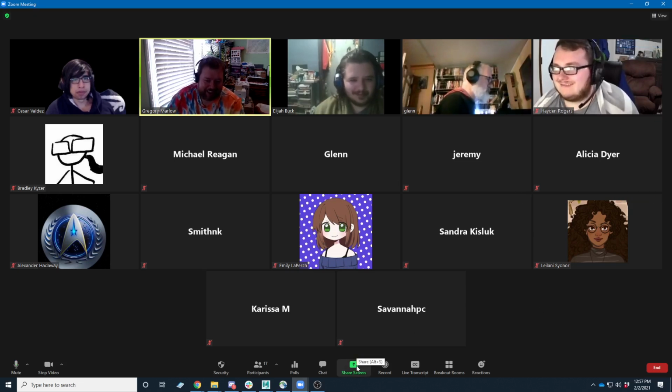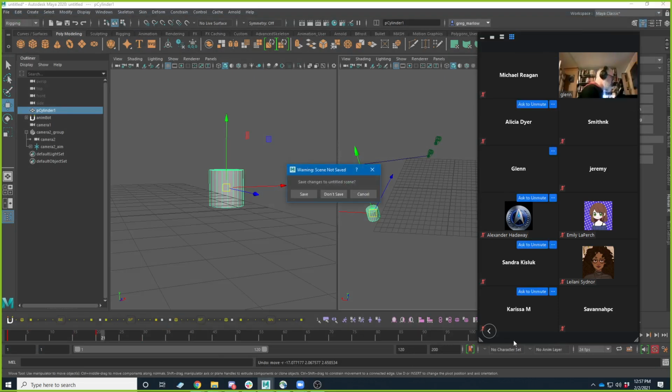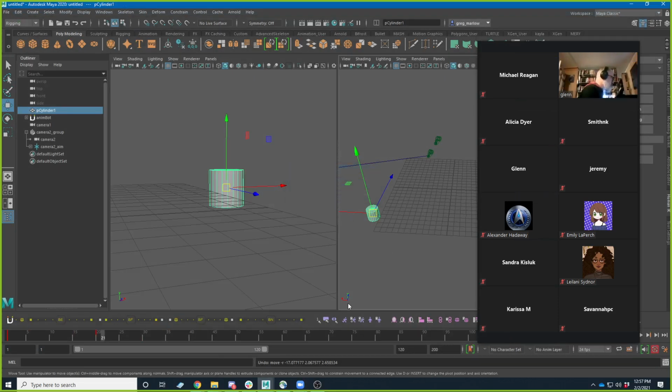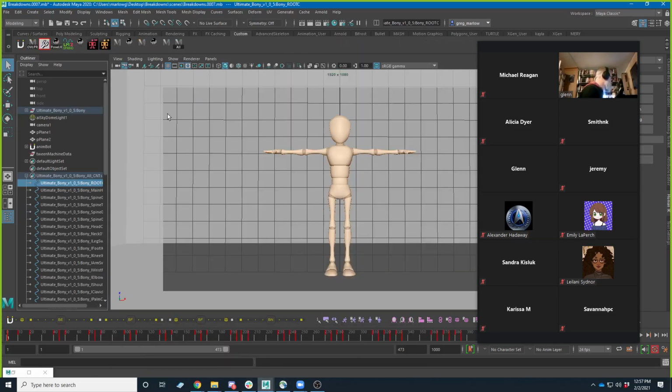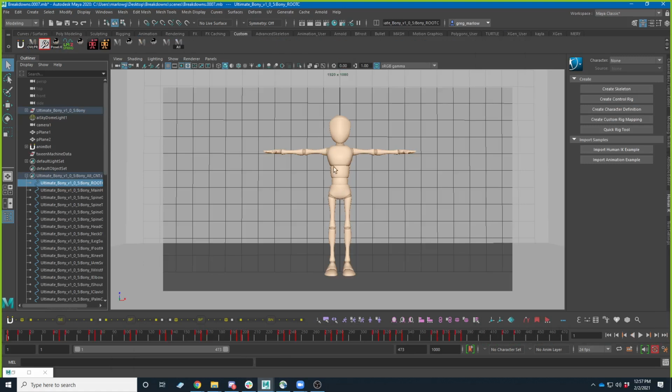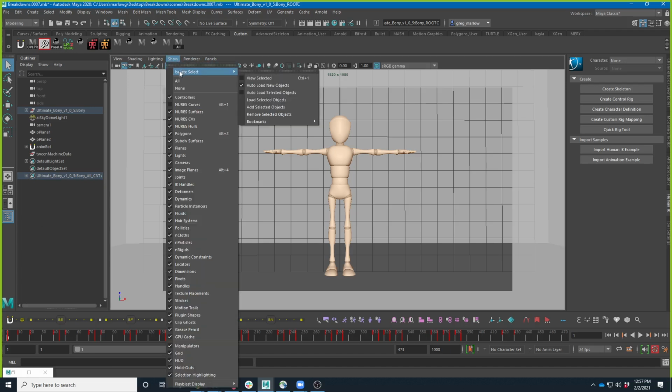So, all right. I don't know that I need to share computer sound, so I'm going to go ahead and share some stuff here. We'll start talking about breakdowns. Now, before we do, there's a couple things you're going to need. This is just a file that I have more for illustration purposes than anything. Again, I want to remind people, because I've been getting this from a couple of people, about how to select your character rig. If I were to turn on my NURBS curves,